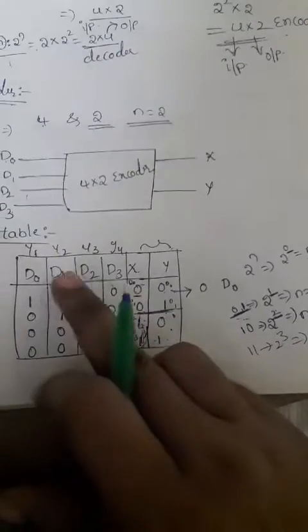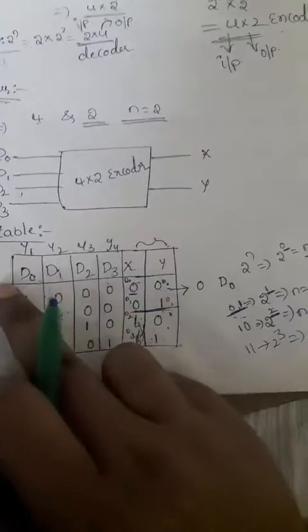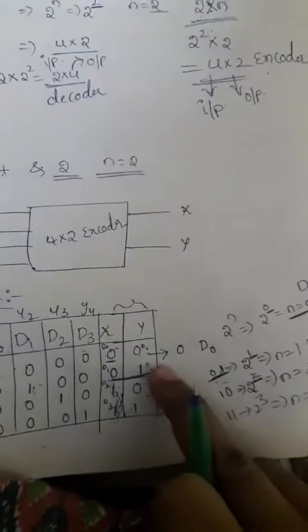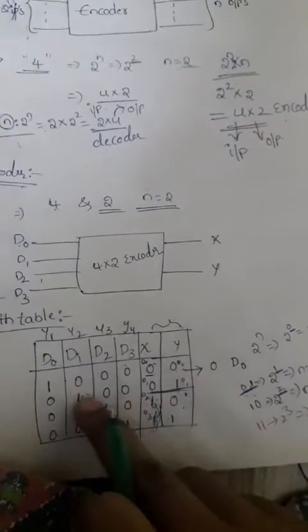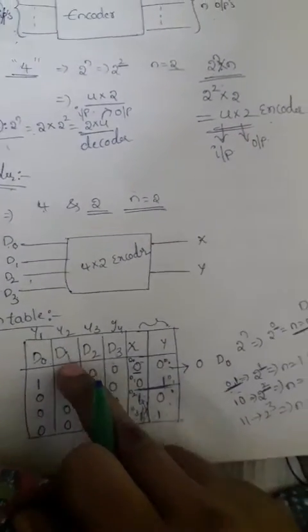So the third one, the fourth one, is nothing but, with respect to input lines, what is the third line here? D2, and the fourth line is D3. So directly I can add it, D2 plus D3. Like this way, y. So y is nothing but the second line and fourth line. So what is the second line input actually? D1 plus D3. So with respect to input lines you can write D1 plus D3.